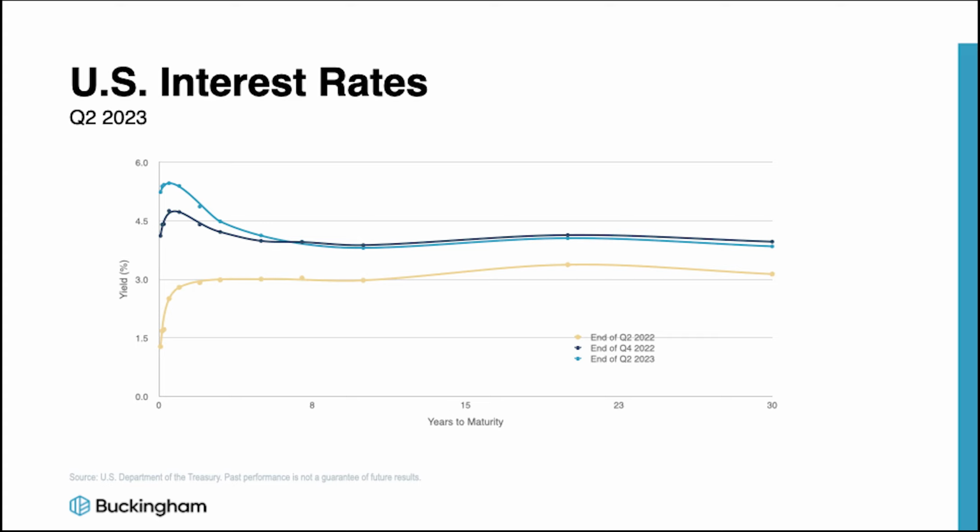The yield curve remains inverted, as it was at the end of last quarter. And when this happens, particularly between the 2 and the 10-year points on the curve, it's widely regarded as one of the precursors, but no guarantee, to an impending recession.